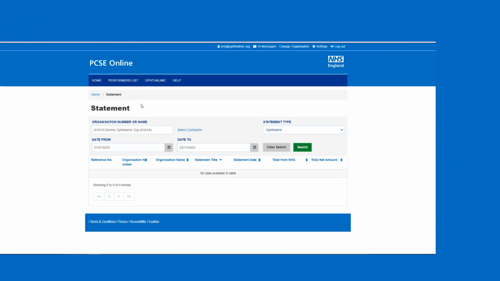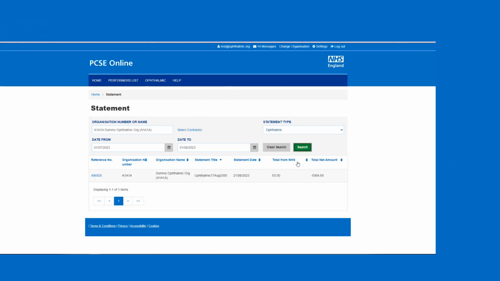I did try at some point, but the reason from a PCSE perspective we don't have statement is purely because we don't actually get paid anything. There aren't any banking details. So here's a dummy statement with negative funds. You don't want to be seeing that, but you can open this up and it will show you an array of the different claims that you have under the different GOS types. If you've got any adjustments, whether they're positive or negative adjustments, any levy deductions, it will show you those as well. So you have a full breakdown, and you can download this either in a PDF format for your records,